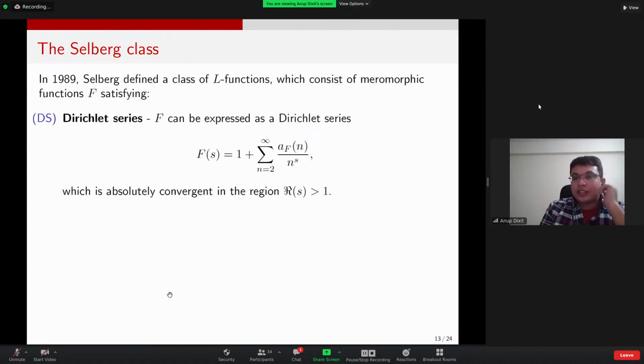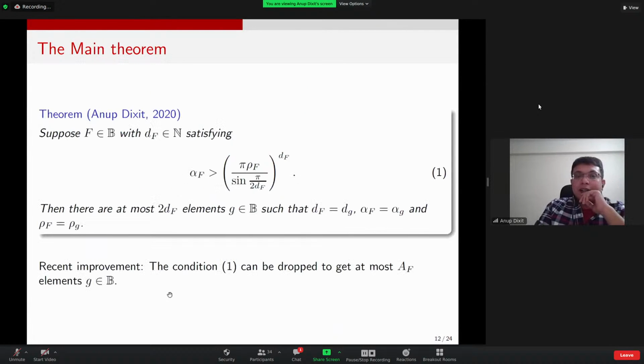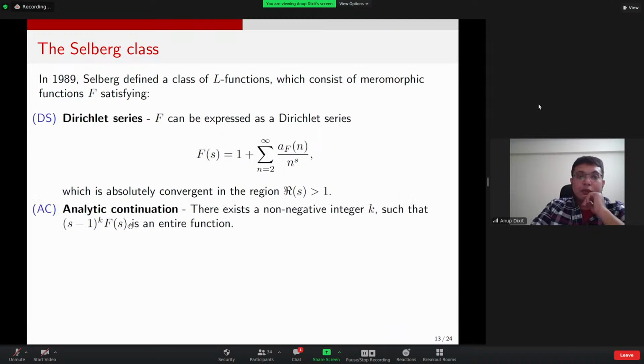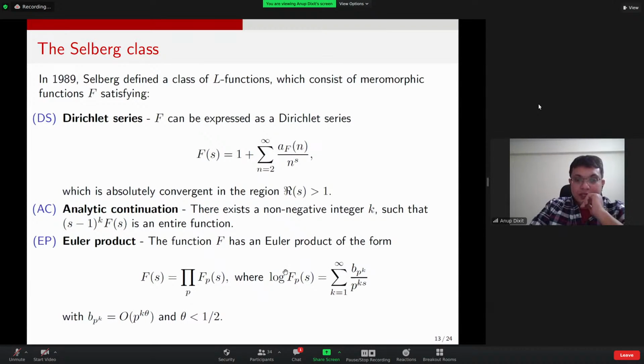Now, to give some context to this theorem, let me talk a little bit about a more well-known class which has been extensively studied, namely the Selberg class. The Selberg class of L-functions was introduced by Selberg in 1989, and it consists of all the functions which satisfy the following conditions. It has a Dirichlet series with leading coefficient 1, absolutely convergent on real part of s greater than 1, has an analytic continuation with a possible pole at s equals 1. There is an Euler product given by F(s) equals the product of F_p(s),